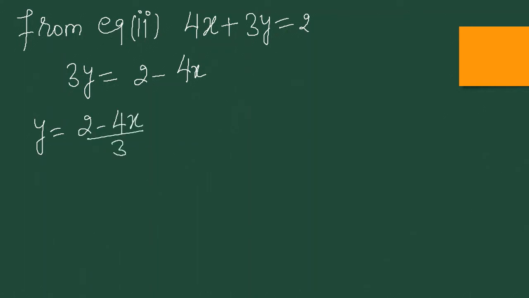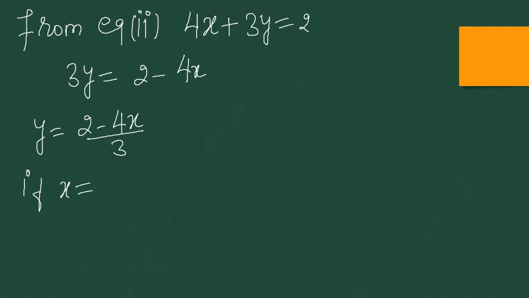See, I want to tell you one thing. If you keep the same values of x and y, that will be easy for you. But if those values are not fitting in this equation, there is no need to take those values. Okay, but try once, you know. So here I am trying. If I take x equal to 1, so what would come? 2 minus 4, 2 by 3, it is not divisible, so I am not taking x equal to 1.